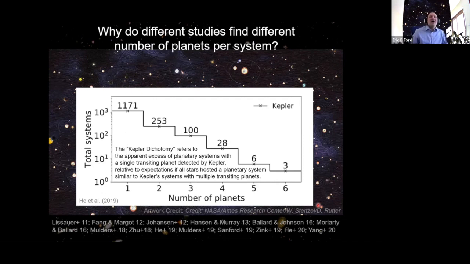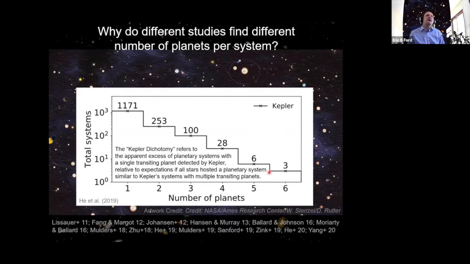So early on, we wondered about that, right? Because early in the process, our understanding of Kepler's detection efficiency wasn't mature enough that we were able to make firm statements about how often we saw a single transiting planet that it was real. So early on, I was like, oh, maybe we could just tweak the distribution of actual planets so as to get out this result. But as we begin to get a better understanding of the detection efficiency, we can see that no, we can't explain the single planet systems by just dialing up the number of stars with one planet, because if we do, there aren't enough stars to explain the multis.